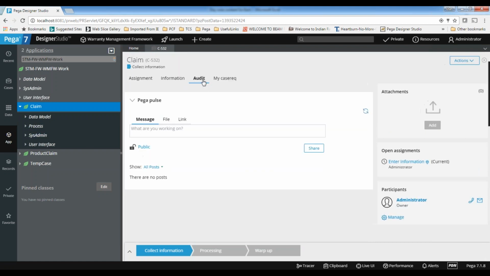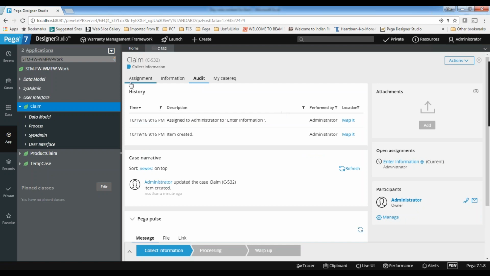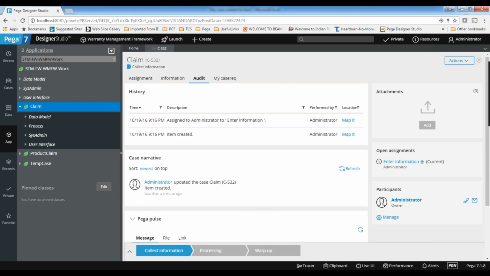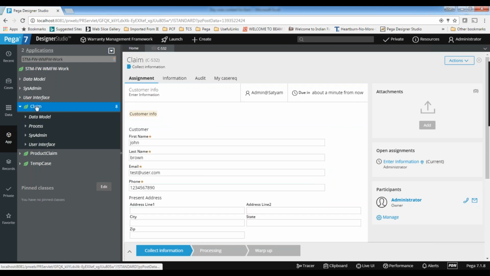You can see here the audit tab is there. Basically, whatever you are doing, the system automatically tracks this by default. In the same auditing, you can also add your own requirements. Whenever a critical property is changed, I want to audit it. So here email is my important audit property. When somebody changes this email address, I want to know the old email address, the new email address, and who changed it. I want to display that here in this audit tab. So for that, we need to call the